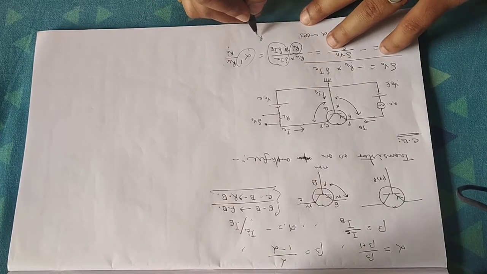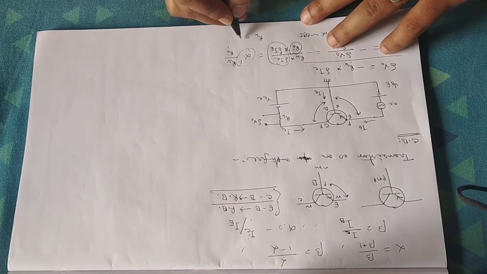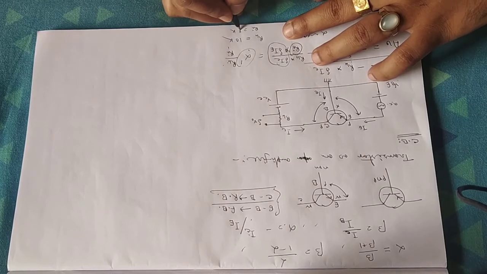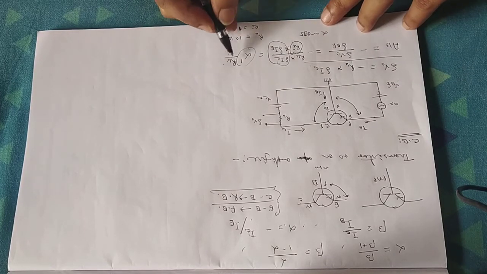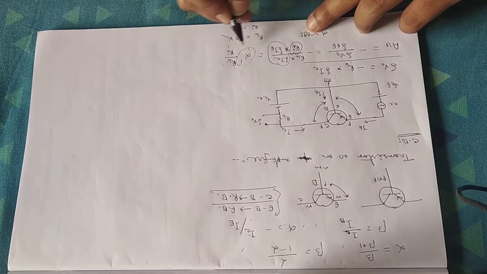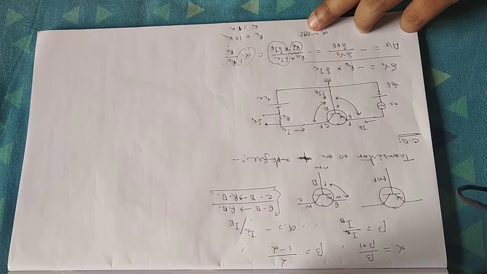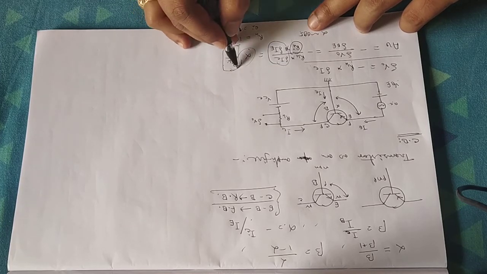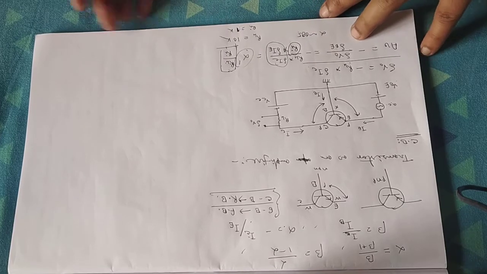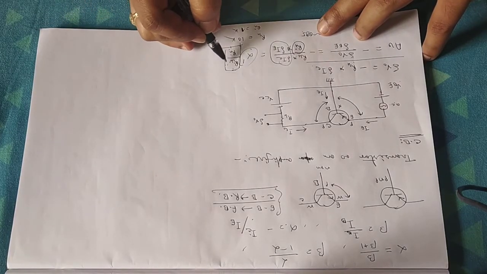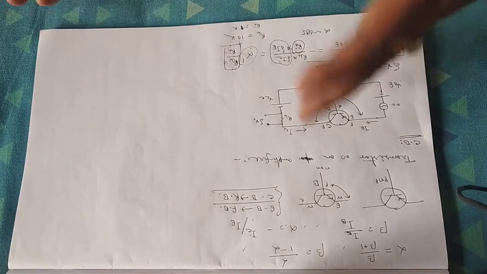Suppose the load resistance RL is 10K, and the input resistance RI is very small, suppose 1K. So the amplification factor will be 10 divided by 1, that is 10, multiplied by 0.95, that is 9.5. The amplification is 9.5. So the whole amplification of this kind of biasing depends on the choice of RL and RI. If you choose RL very high compared to RI, then your amplification will be good.